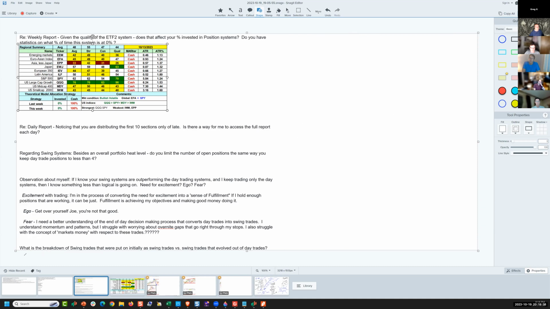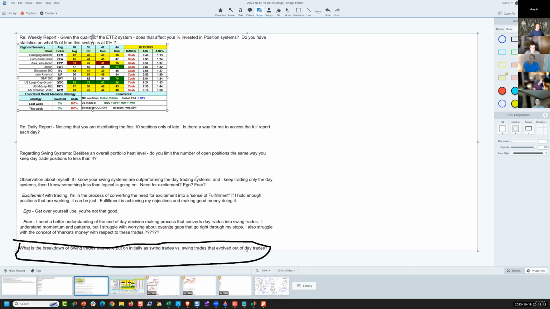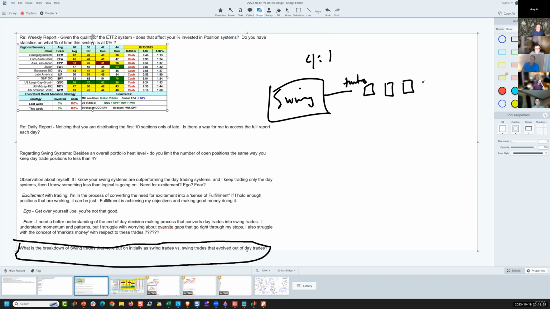Reframe. What's the breakdown of swing trades that were put on initially as swings, and then swing trades that evolved out of day trades? 4-1 started off as a swing trade that became a turbo intraday trade. And while it's open, so while this is happening, as long as I can turbo trade that each day and the swing trade is open,